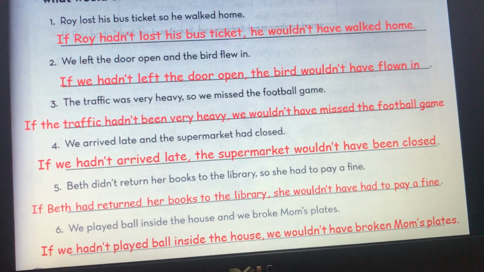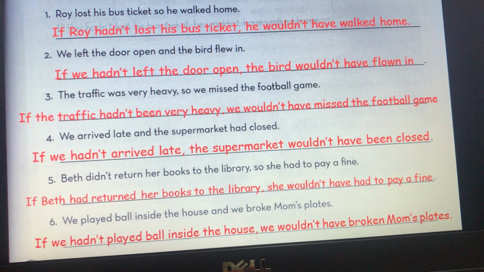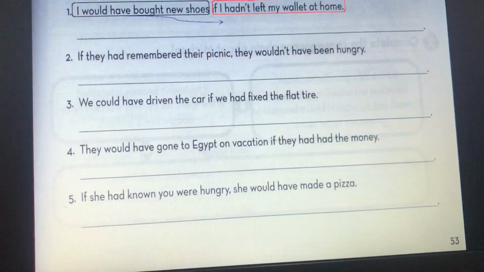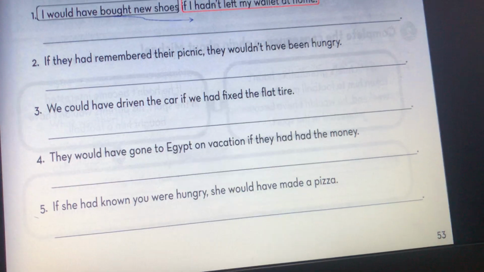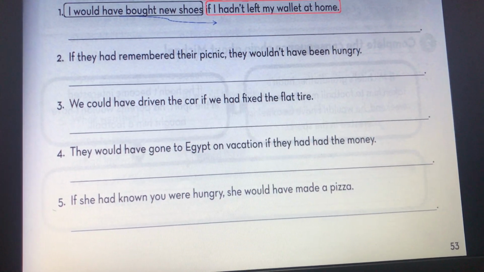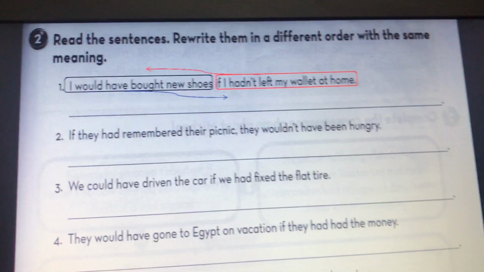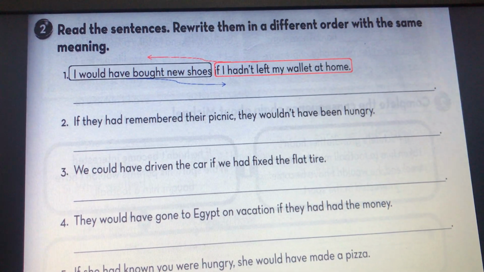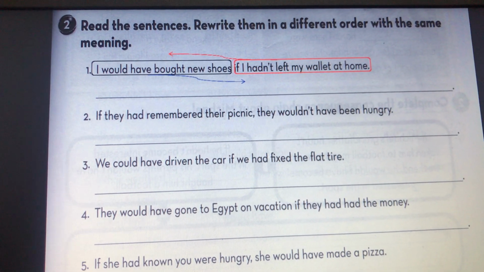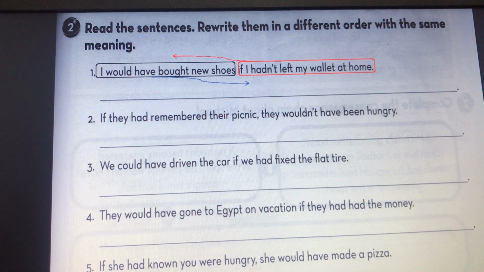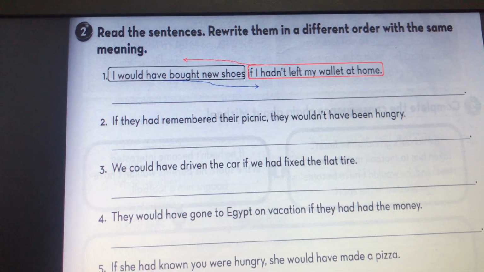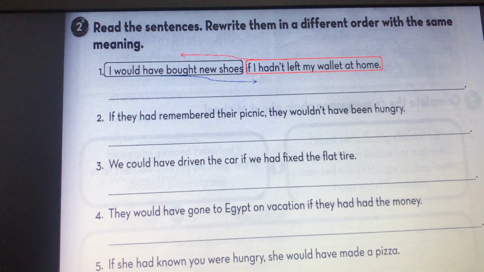As you see in all these sentences, we have started with the if clause. Let's move to the last slide. Now read the sentences, write them in a different order with the same meaning. So in exercise 2 in the workbook, sometimes we can start the if clause with usage. يمكن أن نبدأ استخدامنا للجمل الشرطية.